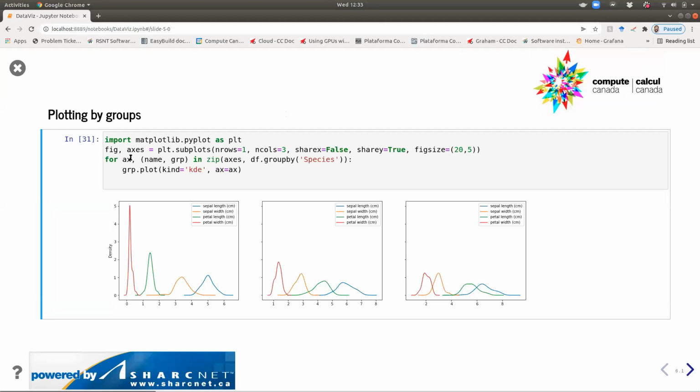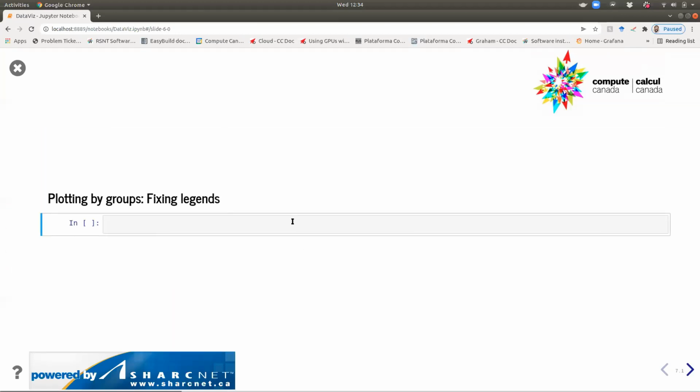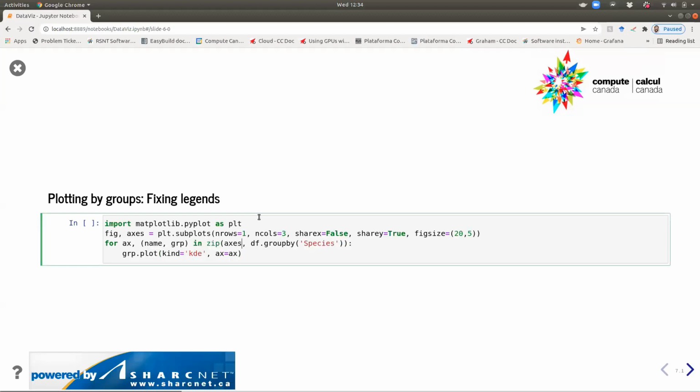So A, they're not repeated, and B, we actually have some titles in each one of them, so we can know which species is which, etc. So how can we do that? The lazy way, and I'm going to go to this one because I think it's better if I just have that right there. Now in each one of these, I am going to add